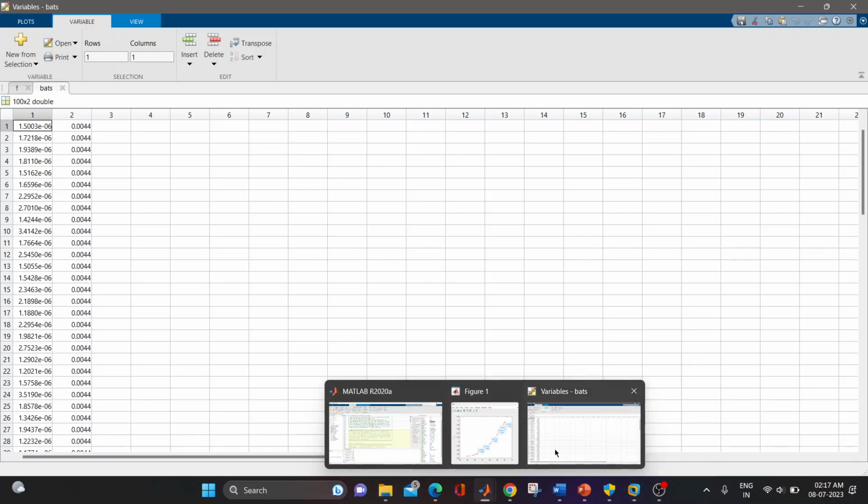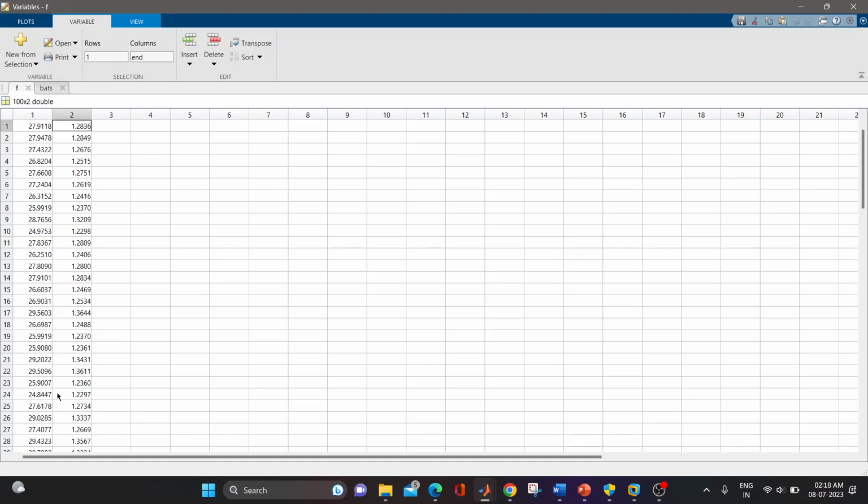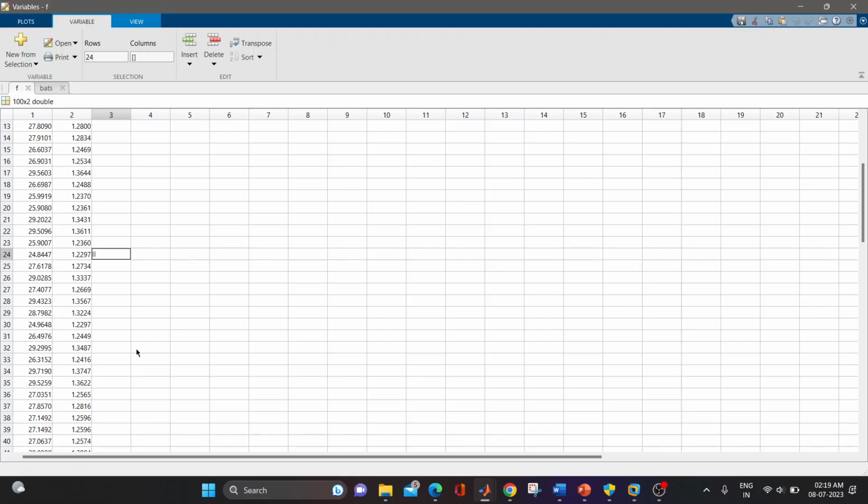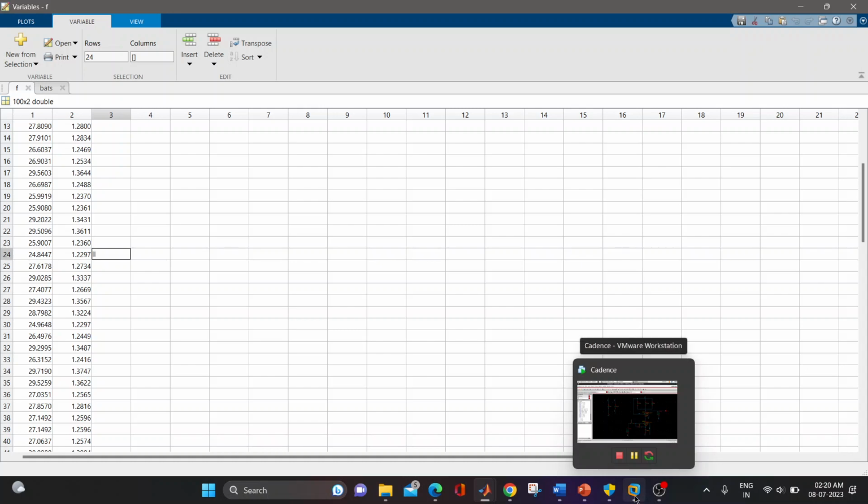Therefore we can choose any instance from here randomly, and after putting the value of that instance in our design circuit, we can obtain similar values as given by the MATLAB code. So let us choose instance 24 randomly. Here is a table of the outputs for design parameters and objective functions for designing the LNA. We have obtained these outputs by doing back calculations using the design parameters given by the MATLAB code. Now let us try implementing these design parameters in the LNA circuit in Cadence,